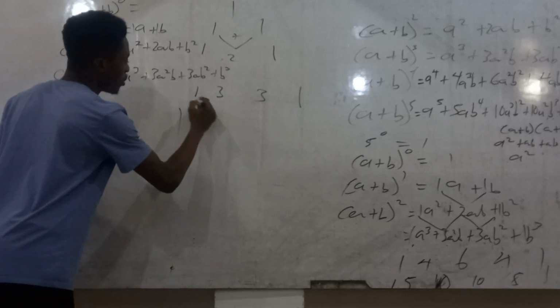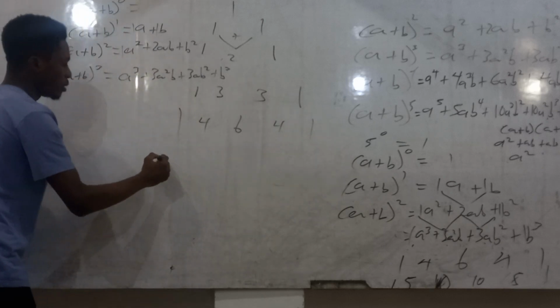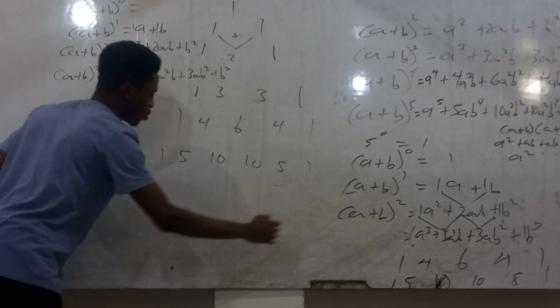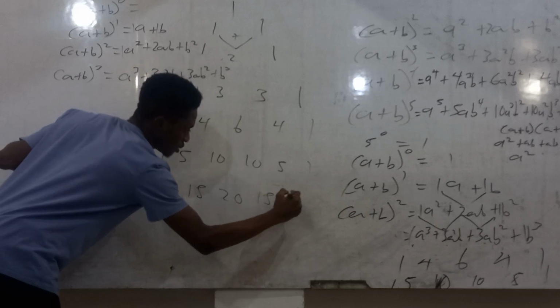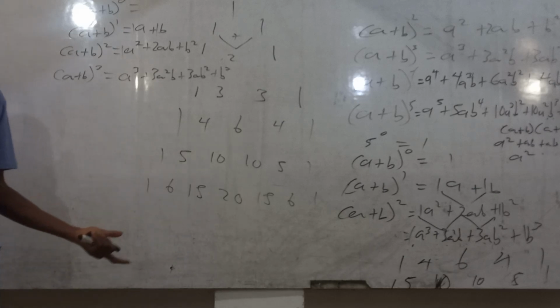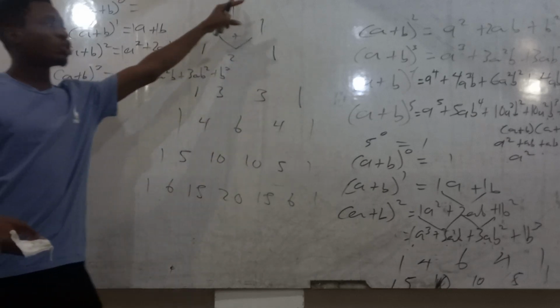So the next row will be 1, 4, 6, 4, 1. The next will be 1, 5, 10, 10, 5, 1, then 1, 6, 15, 20, 15, 6, 1. Then it goes down. So that's how Pascal deduced his triangle. Okay, but that's not what we are going to use, because Pascal's triangle will give you access to the